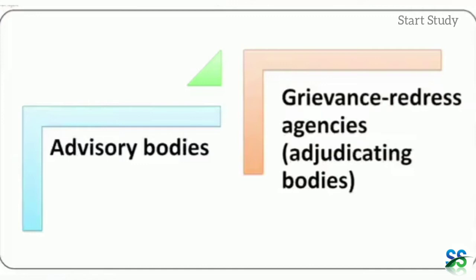While the National Commission is set up by the central government, state commissions and district forums are set up in each state and district respectively by the state government concerned. The composition of the three redress agencies is briefly stated hereunder. First, District Forum. The District Forum consists of a president and two other members, all appointed by the state government